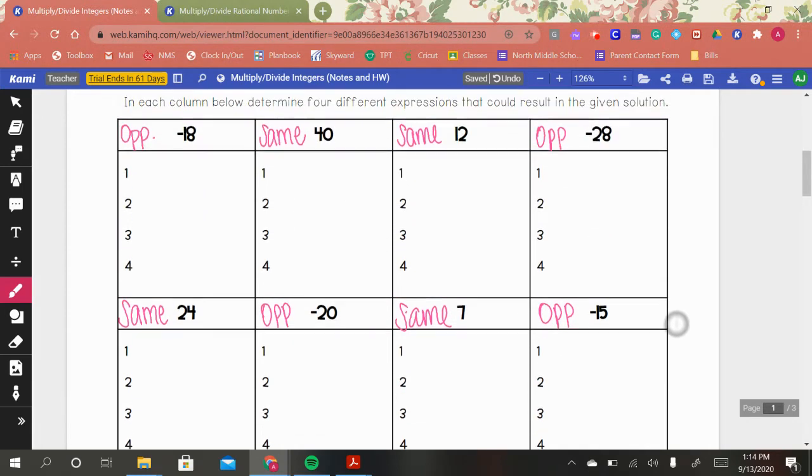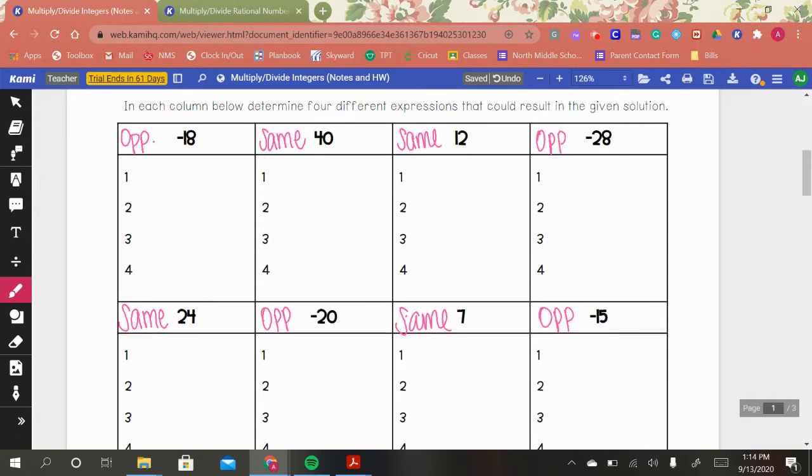All right, so let's get started. We will do the multiplying first, and then we'll do 2 division after that. All right, so let's think about numbers we can multiply together that will give me an answer of negative 18. So the first one that comes to mind is 1 times negative 18. And because they have to have opposite signs, let's think the next factor we could do is negative 2 times positive 9. All right, and then for division, we're going to have,